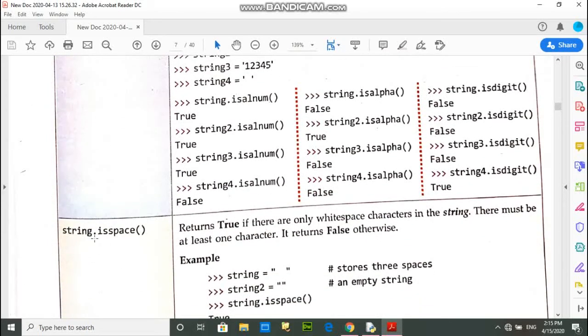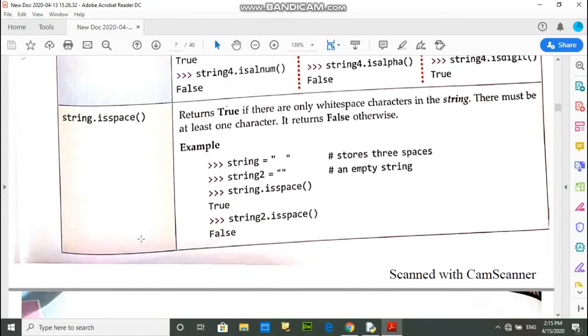And the next function is isspace. This function is used to check whether a particular string consists of space or not. If the string consists of space, then this function will return true, otherwise it returns false. For example, string equals a space, and string2 equals an empty string.